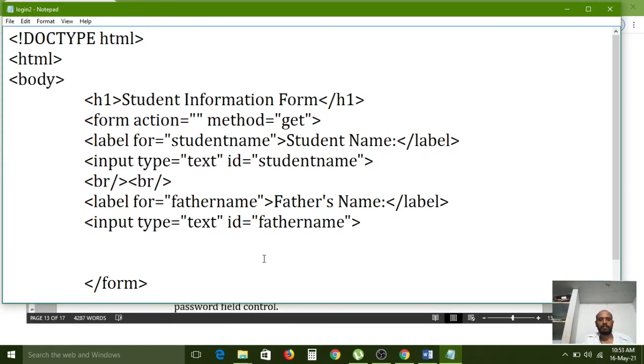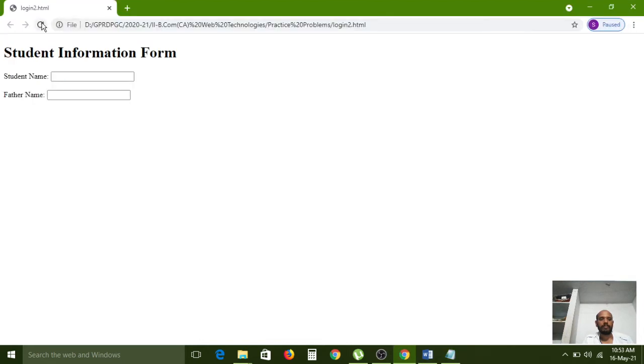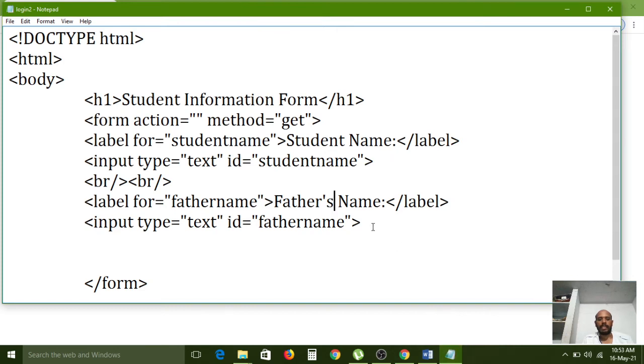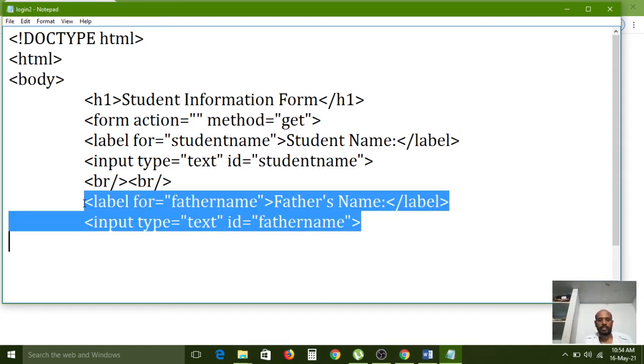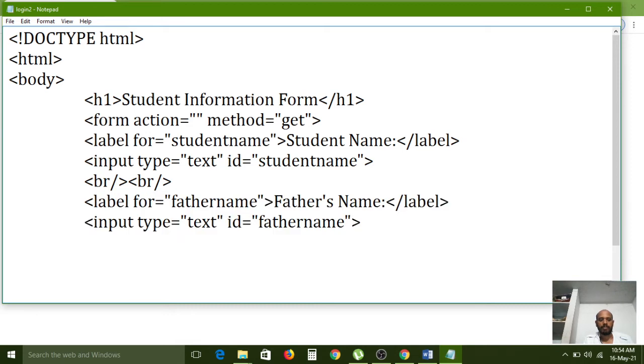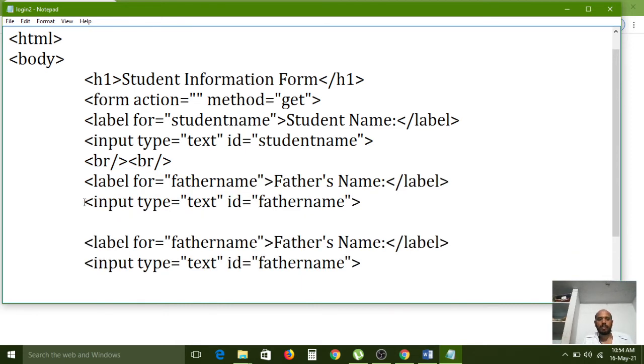Father's name. Right. Next, date of birth. Here also we need to use two break lines. Two BR tags we need to use because two lines of space are required now. So that's why.